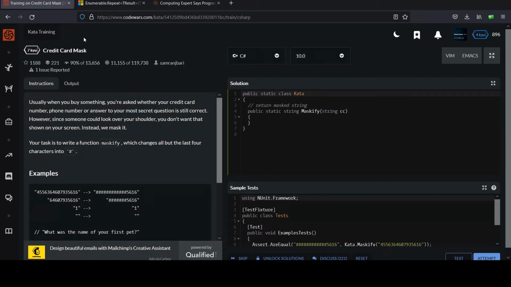Usually when you buy something, you're asked whether your credit card number, phone number, or answer to your most secret question is still correct. However, since someone could look over your shoulder, you don't want that shown on your screen. Instead, we mask it. Your task is to write a function maskify, which changes all but the last 4 characters